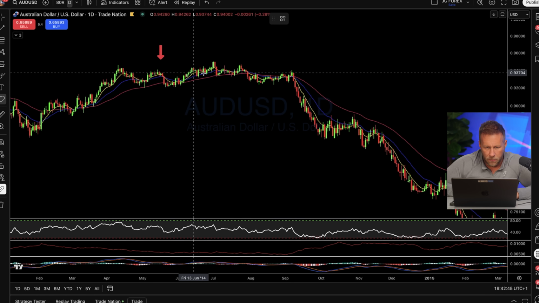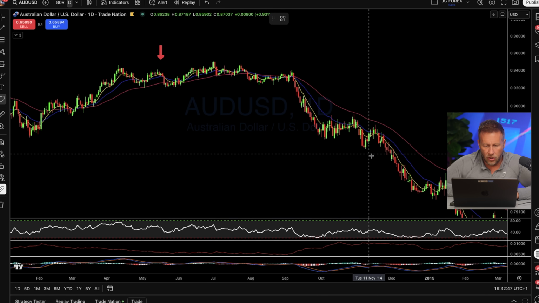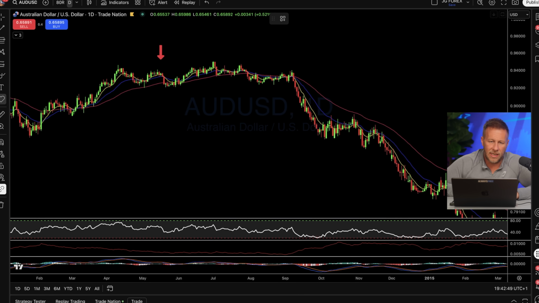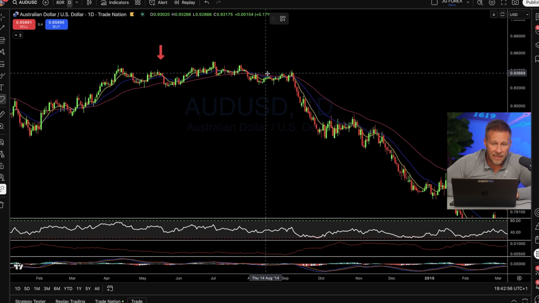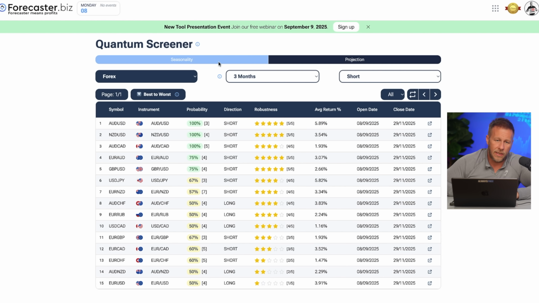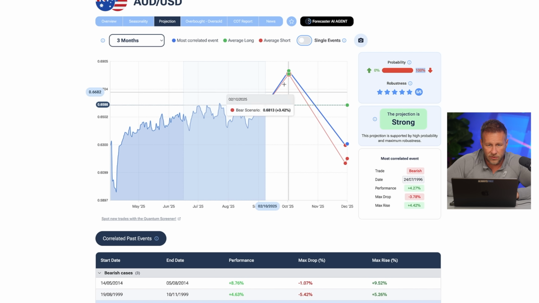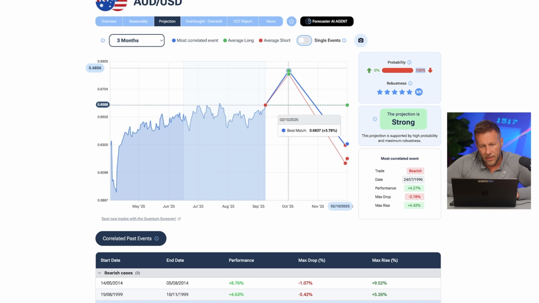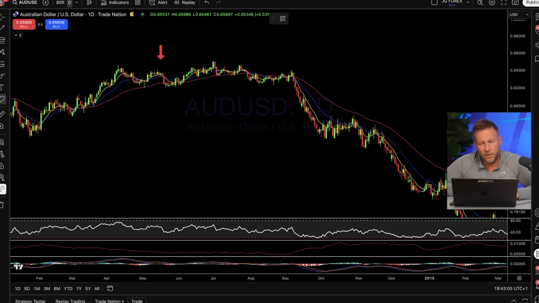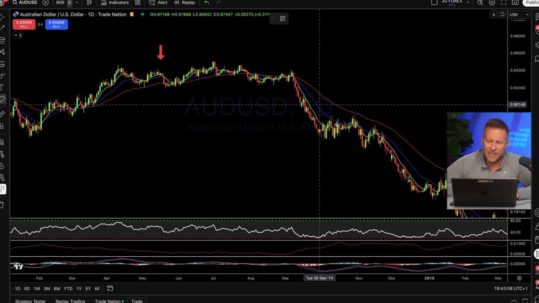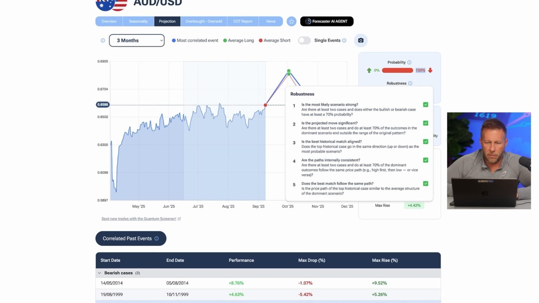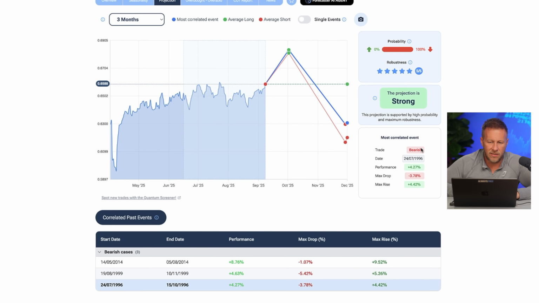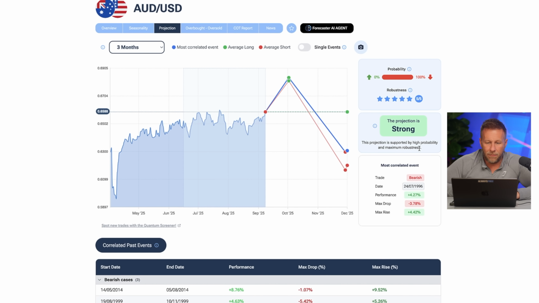And you can see we had this little push up and then a massive short for about 3 or 4 months actually. And if we look at what happened here, you can see, by the way, as that was happening, see how sideways correlated it was? Okay, and you can see that here, sideways correlated, it was pushing up slightly. And then we had this little push up and then a massive drop down. Okay, and again, all of the robustness on point, the probability, you can see a little analysis of the probability there as well. And this looks great.